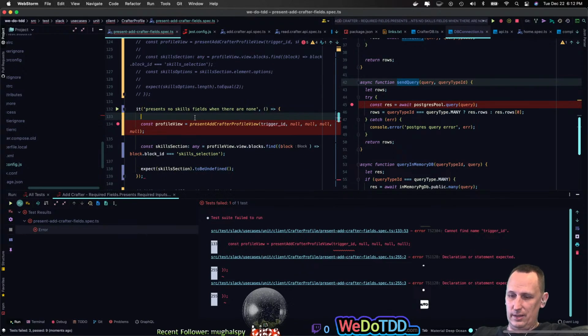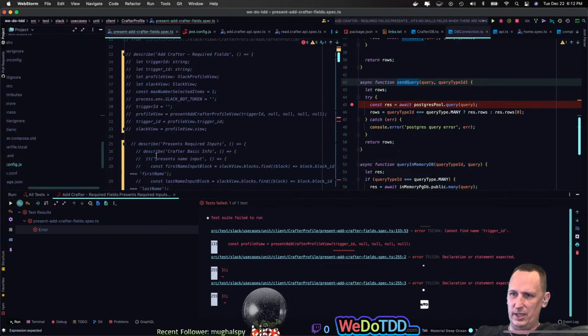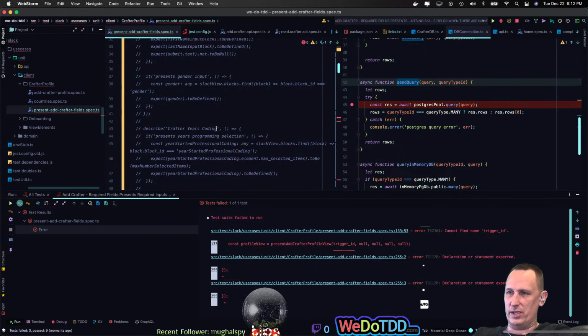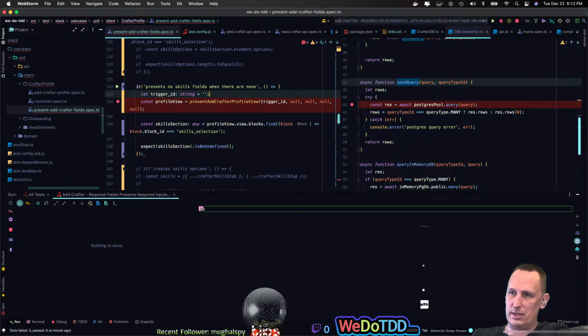We're also going to split this file into several files after we're done. It's too big. So there we go. Equals, what were we setting it to before? I was using this. So profile view, I'm just going to give it a string and see how far we can get here. So if we run this,